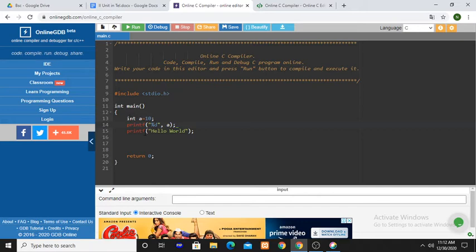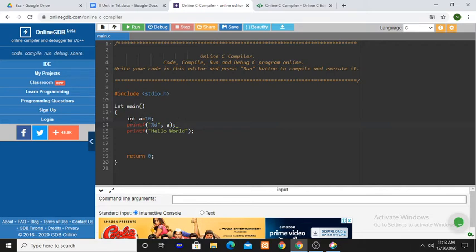Okay. So here this return 0 is the optional one. Some operating systems require the return 0 statement at the end of the program. This is not compulsory. It depends on the operating system, depends on the compiler. So actually this program contains only 3 statements. Int a equal to 10, the first statement, is called a declaration statement. Second statement is printf %a. You are displaying the value of a. Third statement is you are displaying the text message hello world. 3 statements. Okay. So these 3 statements are executed one by one,